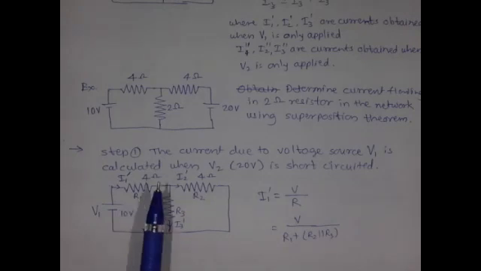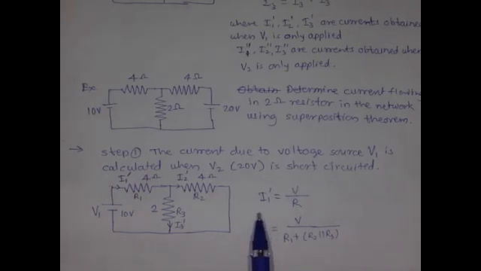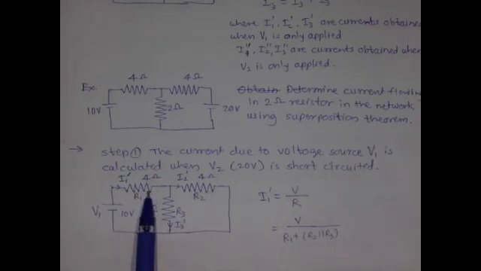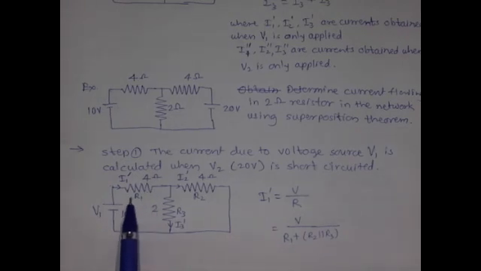Now for the current components, instead of representing I1, I2, I3, here we have to represent I1 dash, I2 dash and I3 dash. I1 dash, the value of current flowing through the total circuit, flowing through this R1, is nothing but V divided by R, that is voltage divided by resistance. Now here we have to find the series and parallel combination of these resistors. R2 and R3 are in parallel with each other, and they are connected in series with R1, and therefore the equivalent resistance is represented like this.